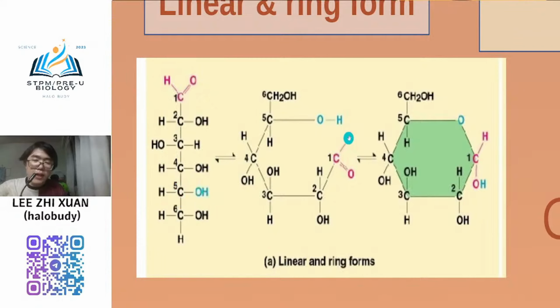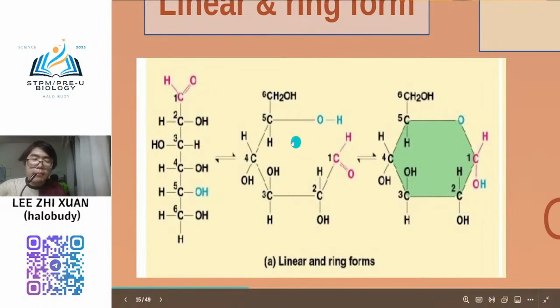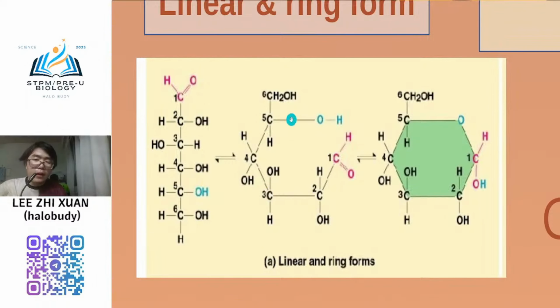If you form the ring structure, it will form like that. You will form the hexagon, right? With the 6 carbons, you will form the hexagon structure. So you see carbon number 1 like this, C double bond O H, and then carbon number 2, HOH, carbon number 3, carbon number 4, carbon number 5. And after that, carbon number 5 will bond to carbon number 6,